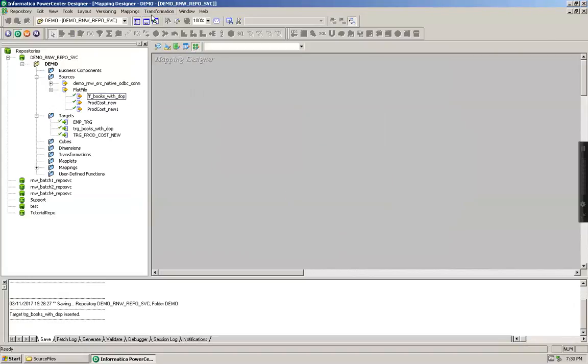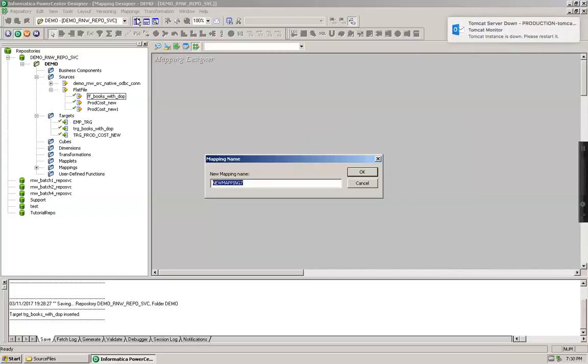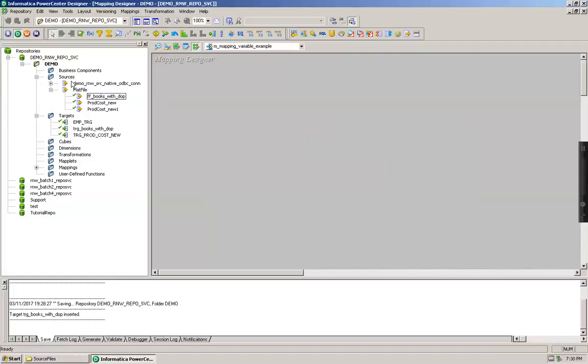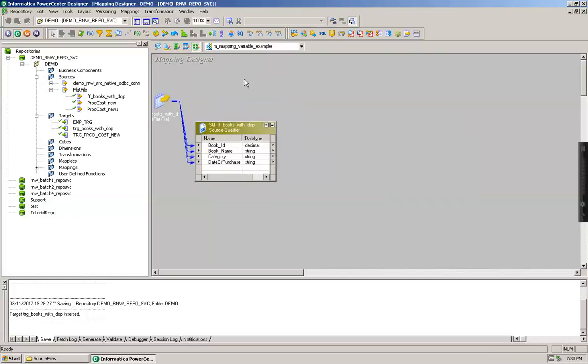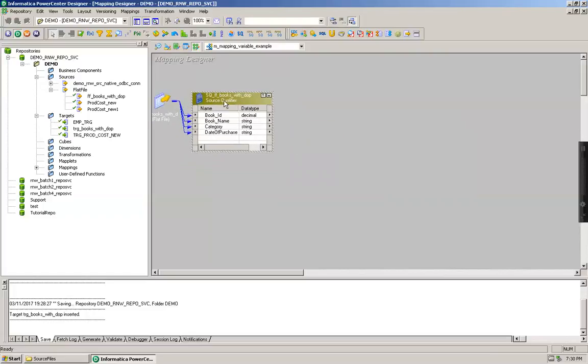I am creating a mapping now. Let me name this M_mapping_variable_example. I'm going to pull in this source and this target.